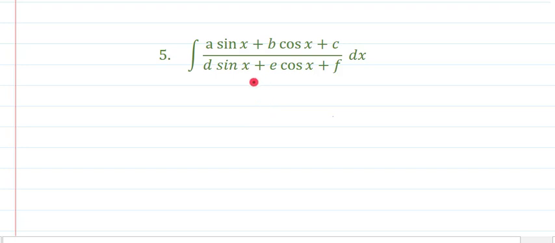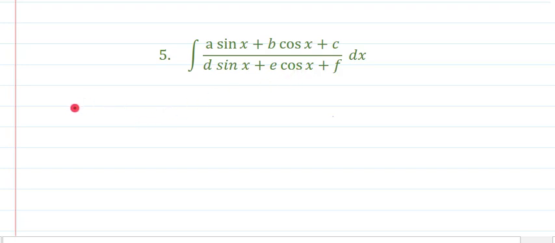Now let us begin with the fifth type of problem. Here only one change you are observing, that constant terms are present in the numerator and denominator as well along with the terms of sin and cos. This method is the combination of the two methods that we have discussed in the first, second, third question and in the fourth question. The first step is the same as we have done in the fourth question, and the last step will be the same as we have done in the first, second and third problem.